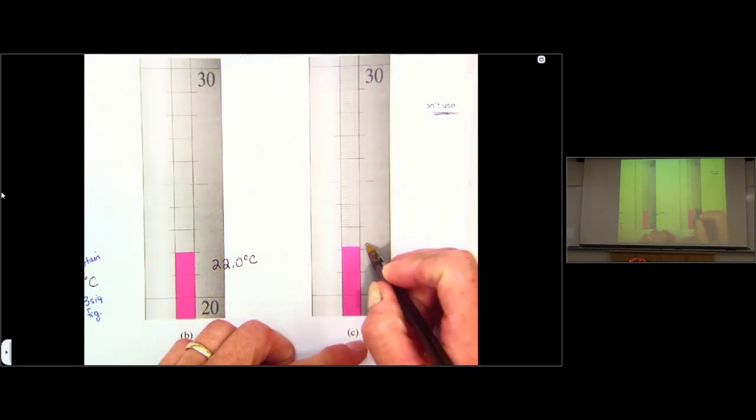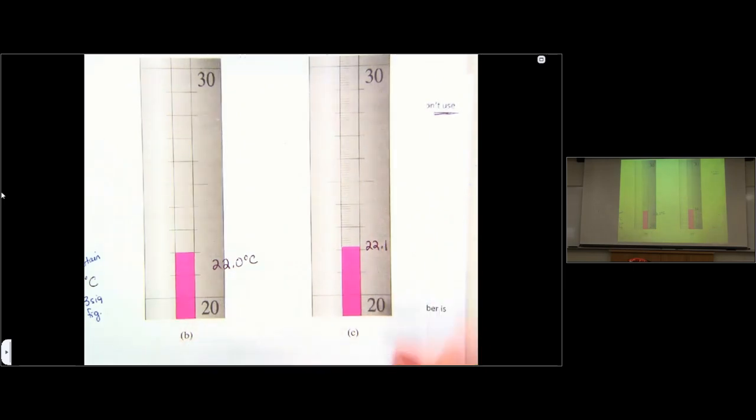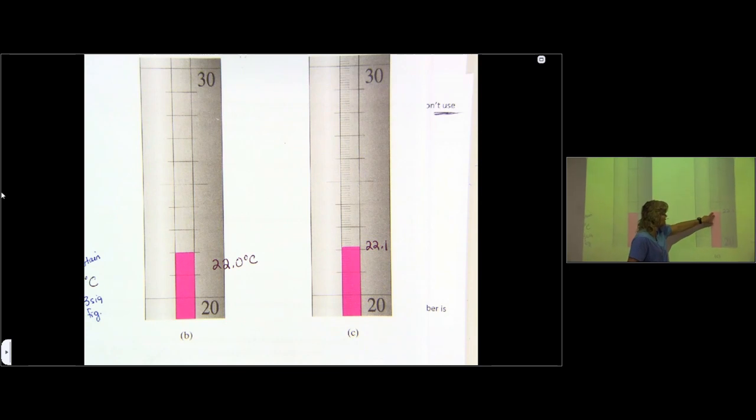We know with certainty it's 22.1. We do know that it is above this, and it's hard to see. That is very, very hard to see. You can pretty much tell it by where the location of the other ones are. But it is definitely either on the line or above it. I'm going to say it's above it, reading it like I can see it. Which means then